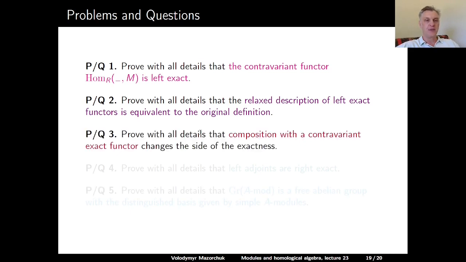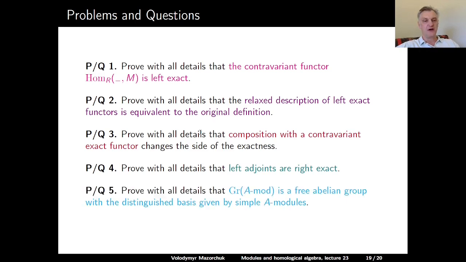Question 3: prove with all details that composition with a contravariant exact functor changes the side of the exactness. Question 4: prove with all details that left adjoints are right exact. And question 5: prove with all details that the Grothendieck group of A-mod is a free abelian group with a distinguished basis given by